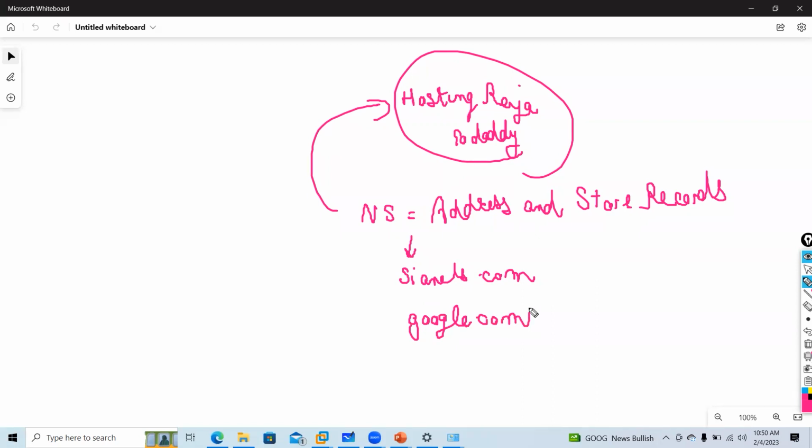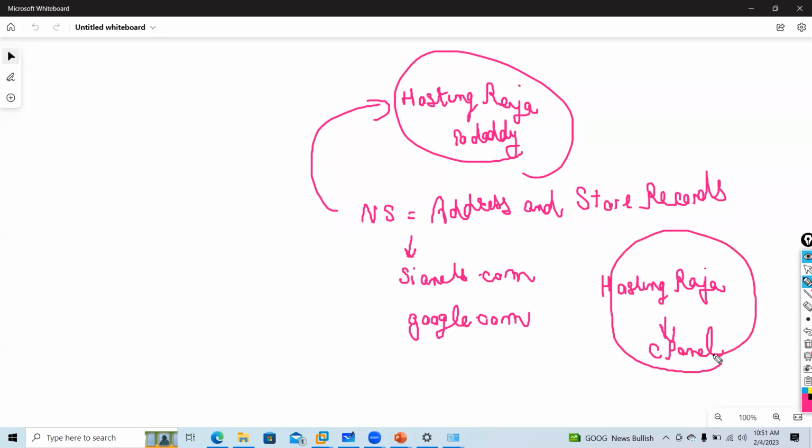So whenever you log in to, let's say, Hosting Raja, there is a cPanel where they will keep the records for your website. So how it is, I will show you.